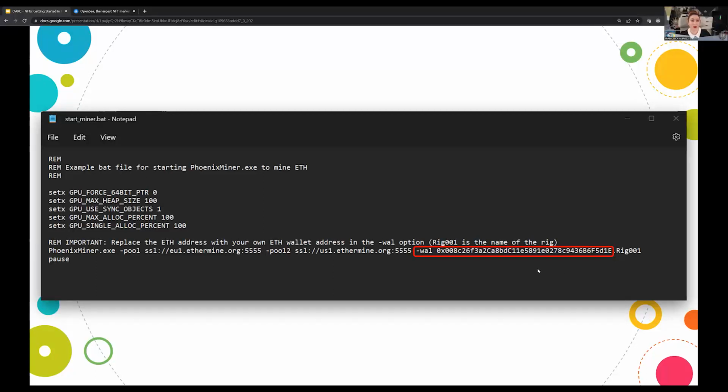The wallet address you can use is the MetaMask wallet address that you used earlier today. Same wallet address. So if you copy that and paste that here, it'll start mining and giving credit to that particular wallet.